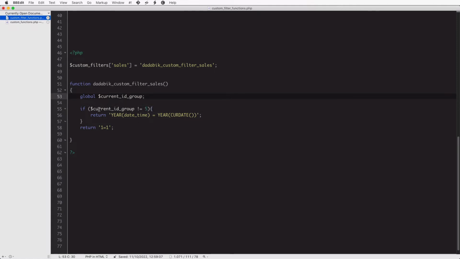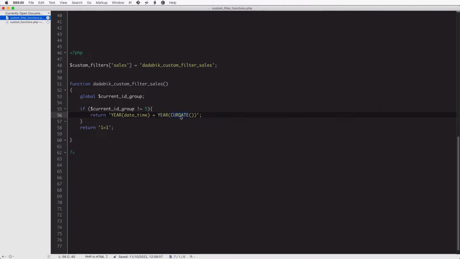If the current ID group is different than 5, then return this filter. Year of daytime, and daytime is a field in the table sales, equal to year of curdate.